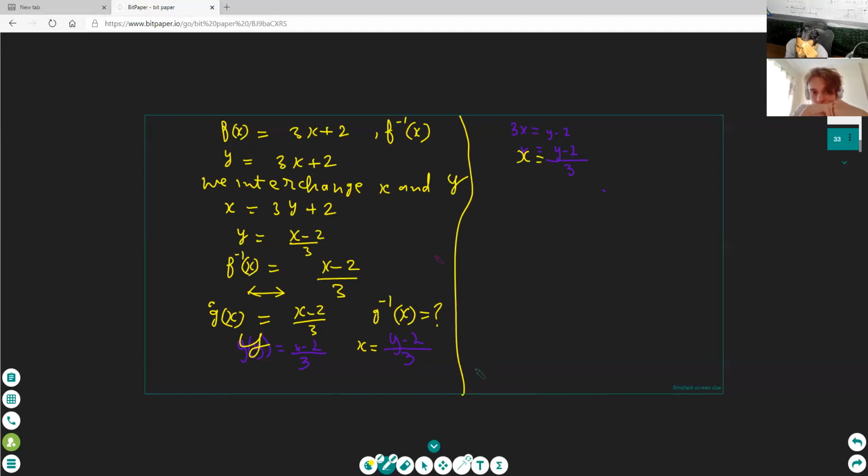No, I say find y now. You should tell me the answer in y. Oh, okay. The new y will be the inverse, g inverse of x. The previous y was this, but this is the g of x. But the new y, after interchanging, will be the g inverse of x.